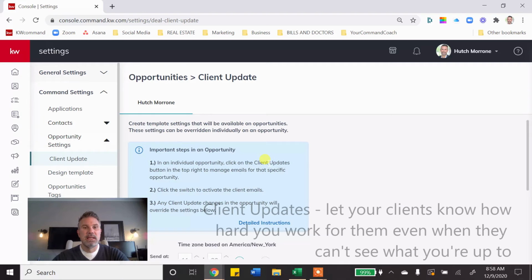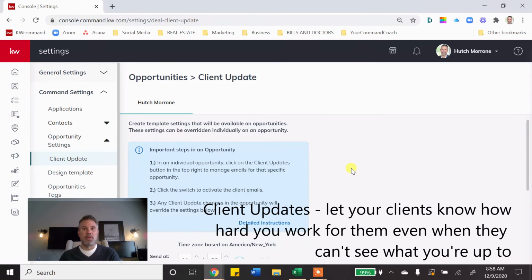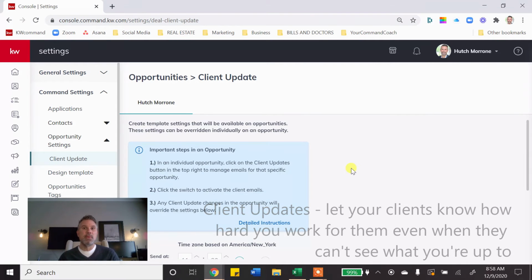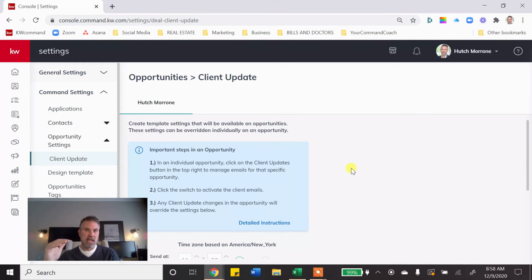Opportunities and settings. Client updates. Very cool, right? Very useful. So when you are in opportunities, for each stage you have the ability to enter custom checklists. In other words, what's your process as you move somebody through the sales pipeline? Those checklist items can be marked for client updates, meaning that at the end of the day, or whatever time of day you designate, an email will go to your clients